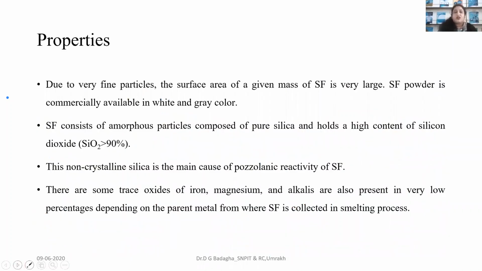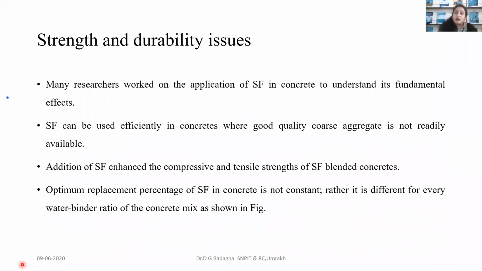Okay, if we talk about properties, definitely it affects the strength, workability, and durability. So the properties are very fine if we go with any type of nano material in concrete. But many researchers worked on the application of SF, and they found a little bit negative result. Okay, so there are two groups of researchers. Few researchers are telling that this is a very advantageous and good material. Few researchers are telling that it has a little bit of a problem.